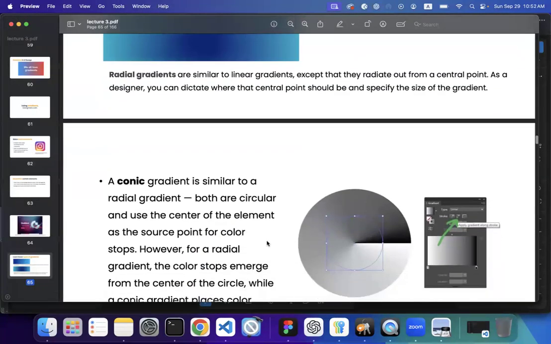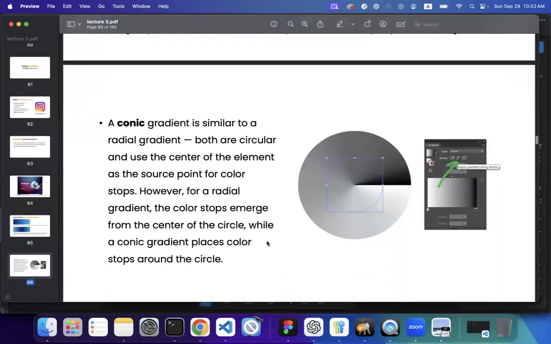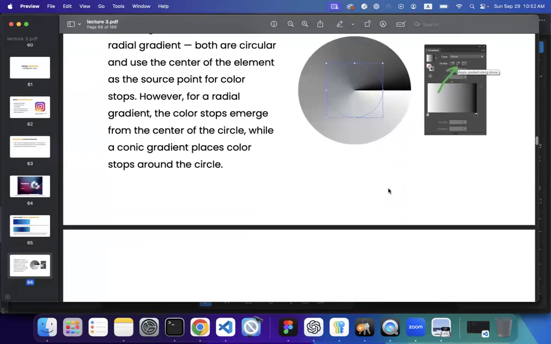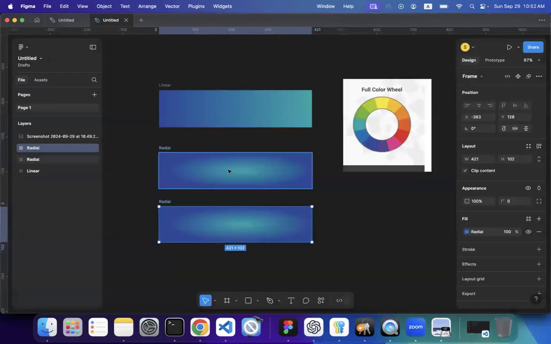Next, we have conic gradient. A conic gradient is similar to radial gradient. Both are circular and use the center of the element as the source point of the color stops. However, for radial gradient, the color stops emerge from the center of the circle, while the conic gradient places color stops around the circle. So if I do an example right here,